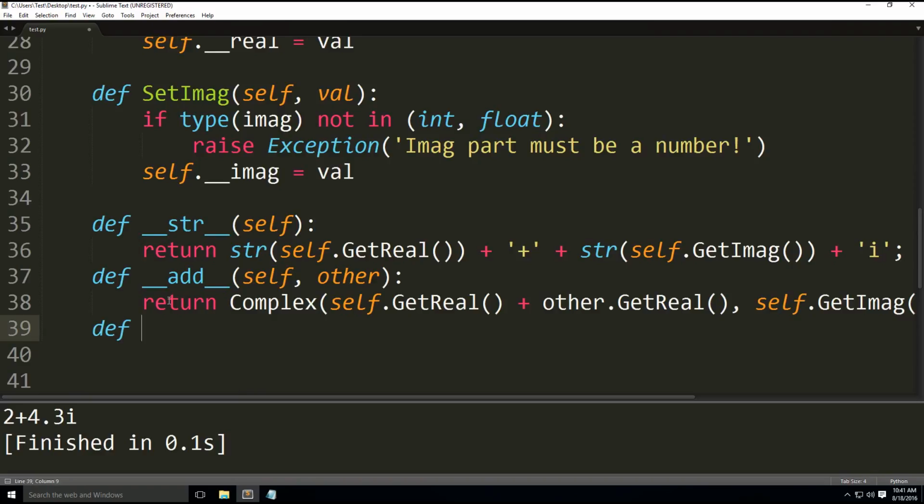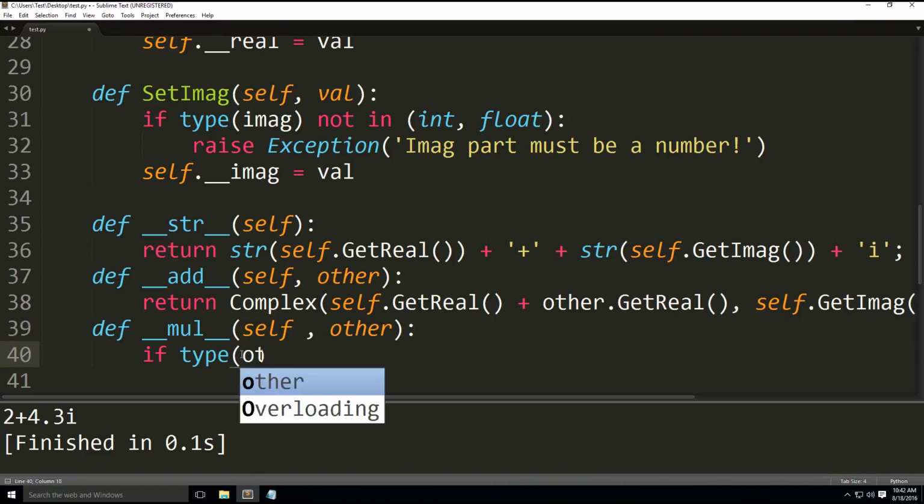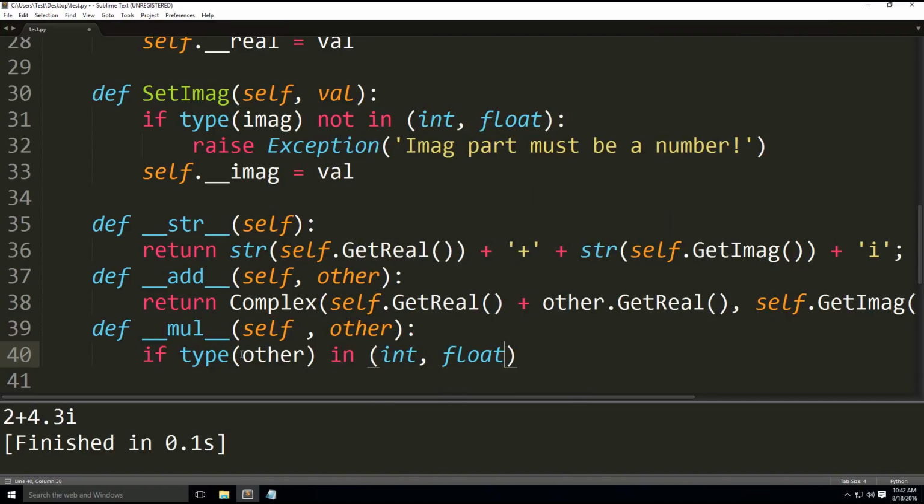We're going to define a method for multiplication, with self and other as our arguments. Now in these two following methods, we're going to check if this value right here is a normal number or if it's a complex number. So if the type of other is int or float, meaning a floating point number or an integer, we're going to return